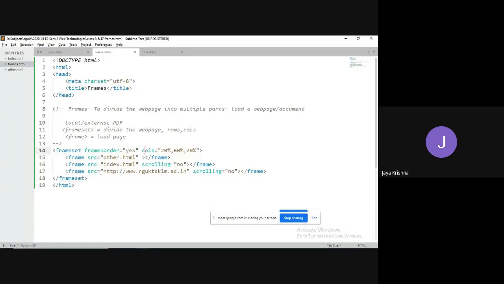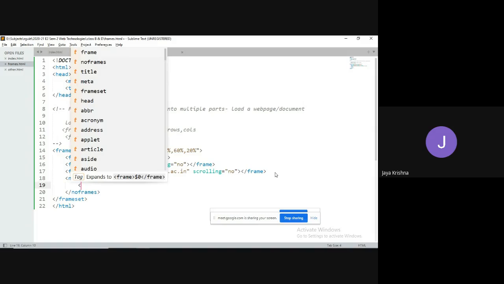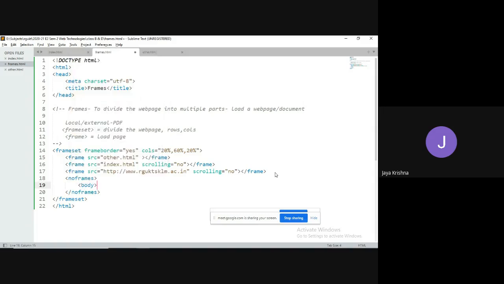Sometimes, this frames concept is outdated. If your browser is not supporting it, then would I like to display the corresponding information to the customer or not? Yes. Then I can use the tag called noframes tag. In that, in the body section, I would like to display some data, like your browser is not supporting.